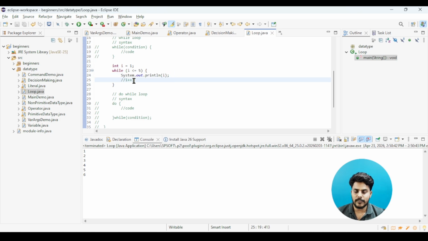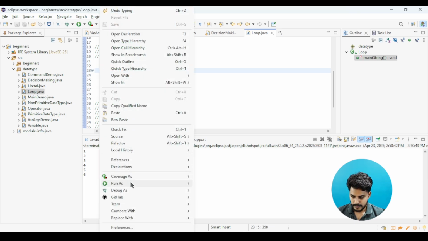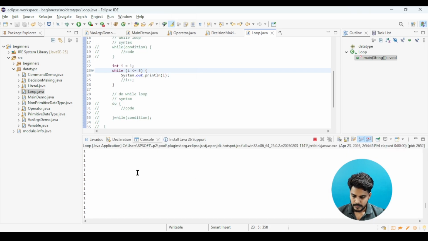So i always stays 1 and the condition i <= 5 is always true. Because of that, the loop keeps running again and again. Now let's see this. Here you can see it keeps on printing 1 again and again because we are not updating the i